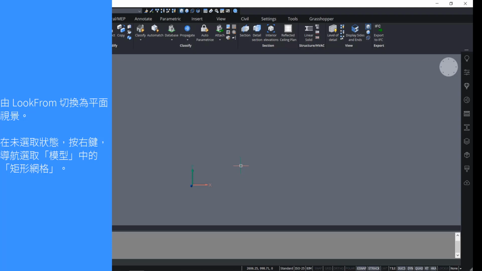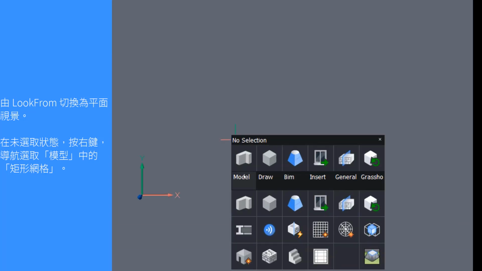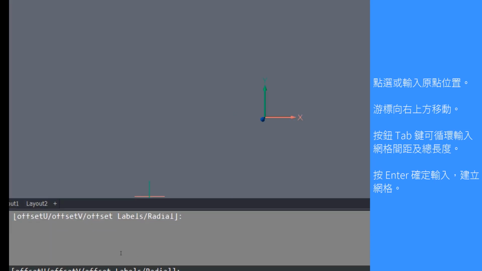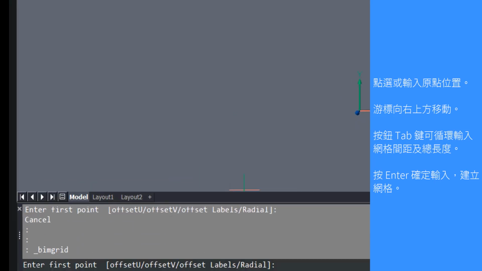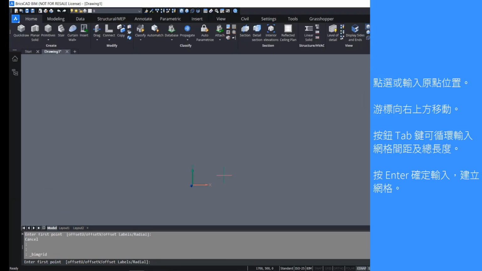So launch your no selection quad, by right-clicking on empty space, and go to the model tab. There you can find the rectangular grid and choose the grid to get started. You will see that it's asking me to enter a first point. Down here at the bottom, you see enter first point. I will choose 0,0, so I just type in 0,0